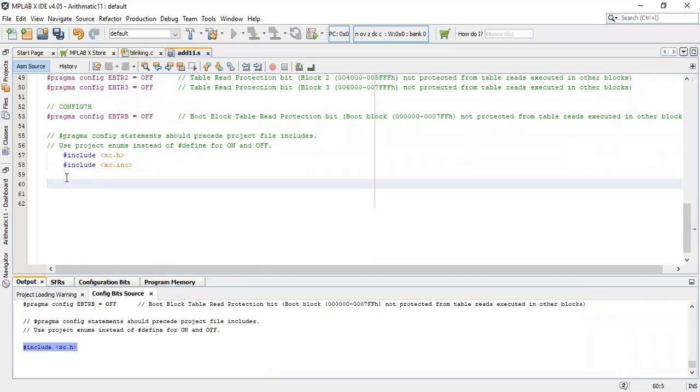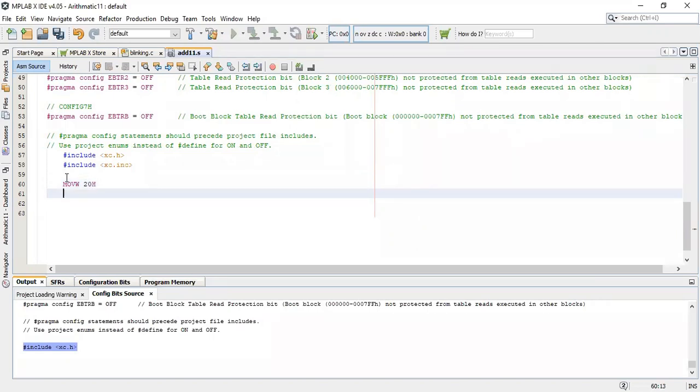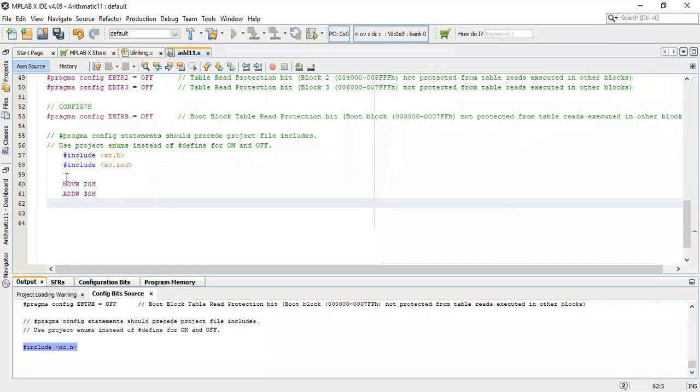So here I will write one small program of addition. Suppose the first instruction is MOVLW 20h, then ADDLW 30h. So we wrote this small code of move and add here. Now you can compile the code. Build main program.